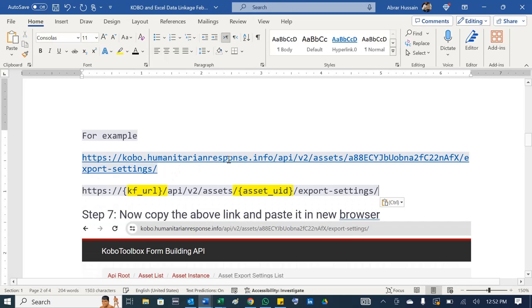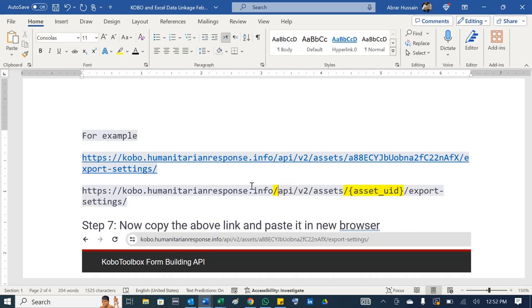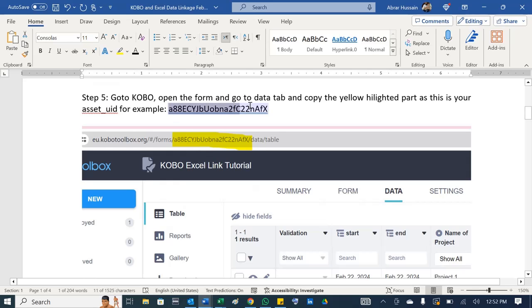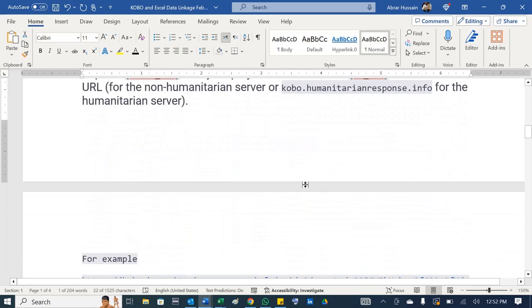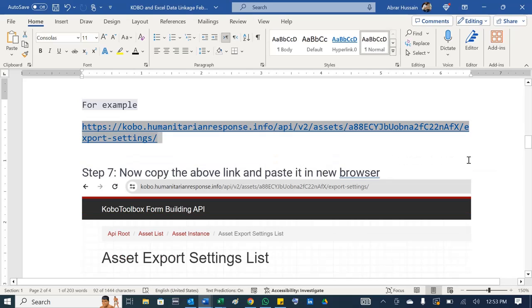What I did here, I just replaced this KF URL with KOBO Humanitarian Response Info, and then I replaced this asset UID with this yellow highlighted one, which I have copied already. Now what you have to do, open a new browser, copy this and paste it in a new browser,